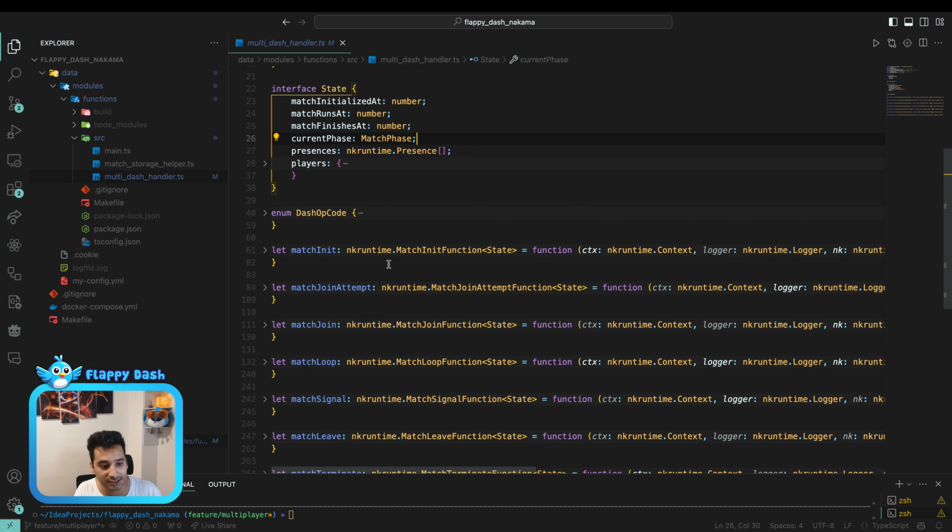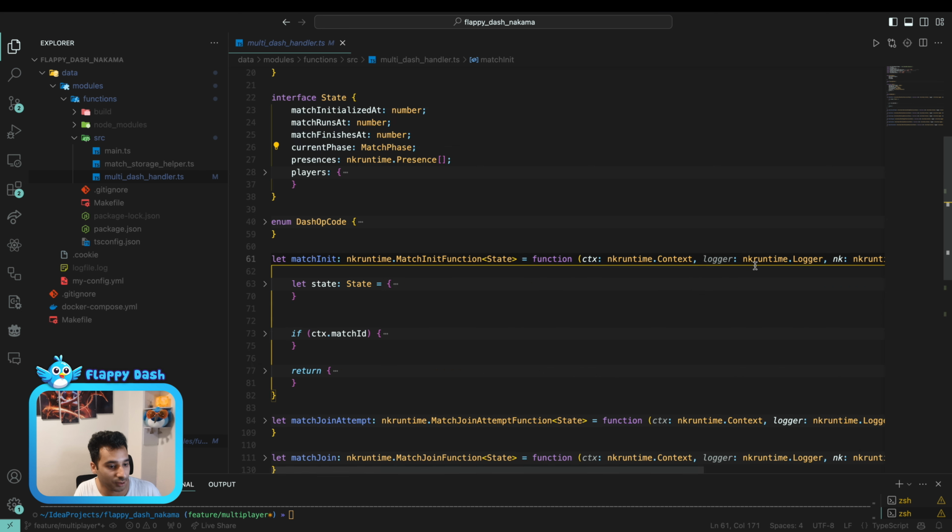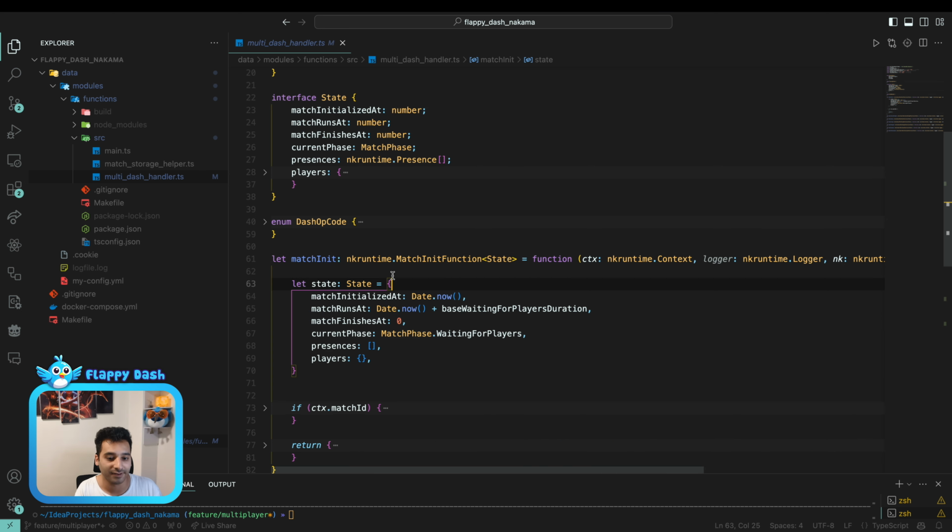And let's take a look at the match init function. So I'm going to open it. For example, when the match is initialized, we are going to create an empty state. For example, match initialized at is the current date time. So this is the timestamp that we created the match, or the match is initialized.